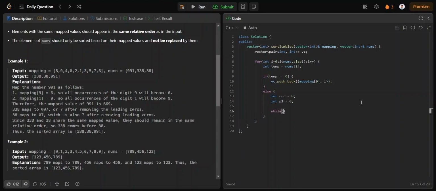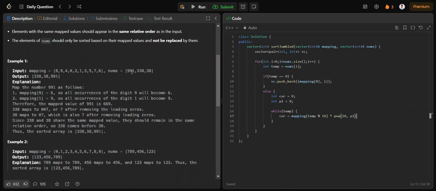While temp is present, we change current equal to the mapping of the remaining element. Temp mod 10 gives only one digit, the last digit, and the mapping of the last digit is the mapped element of that digit, and we will multiply it with 10 to the power p1,